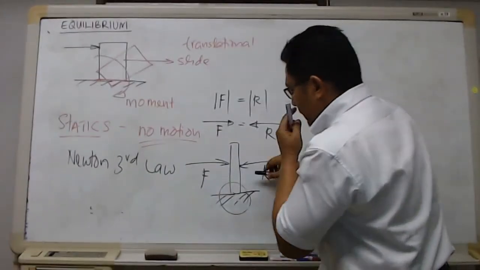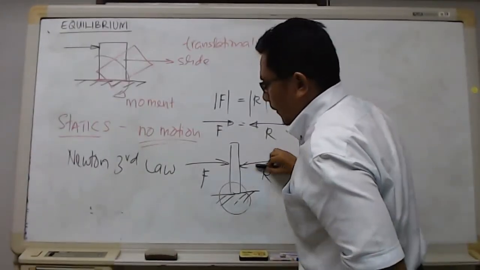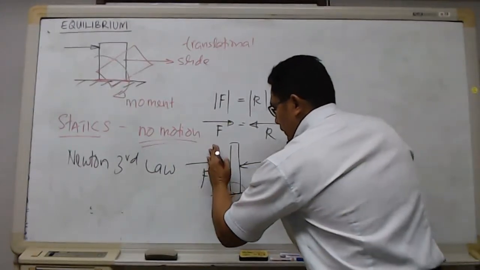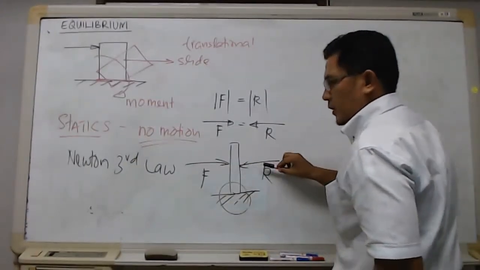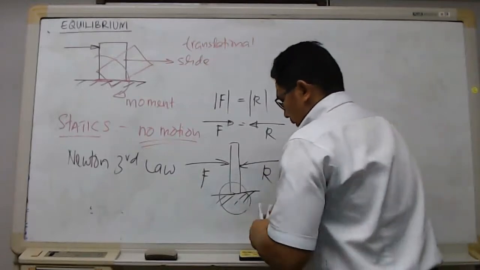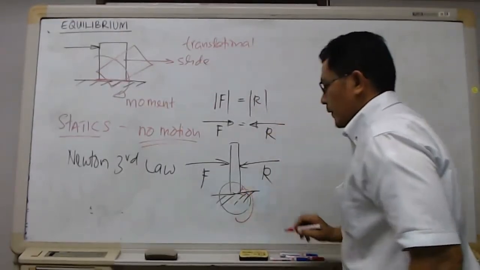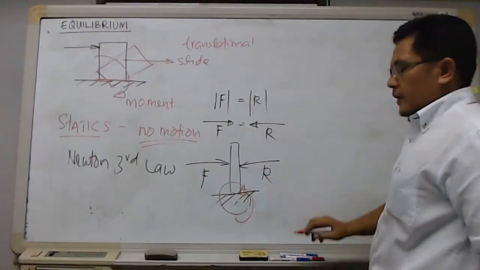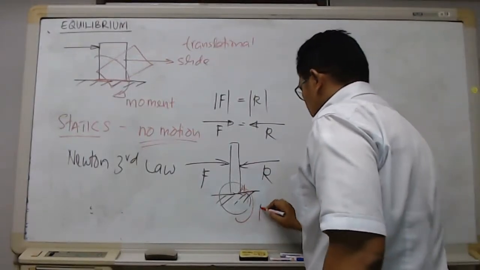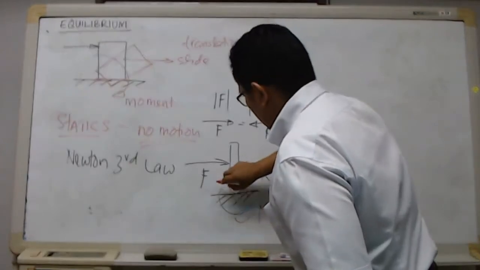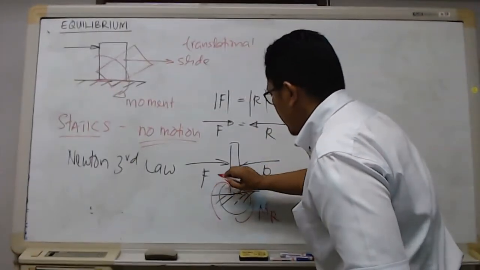So the reaction force is in the opposite direction of the force, stopping the block from sliding, and the moment on the floor is the reaction moment